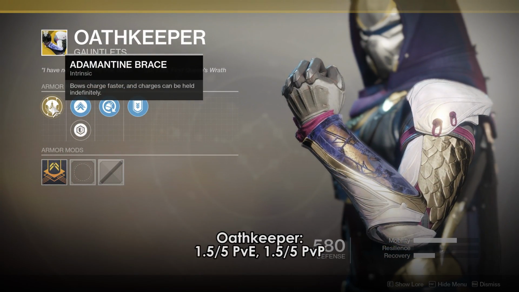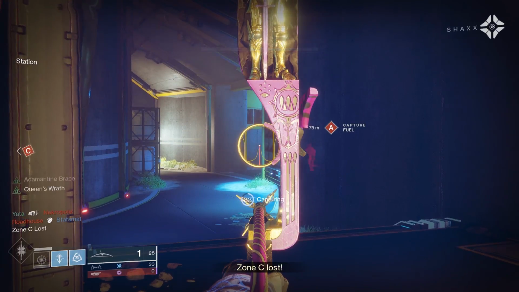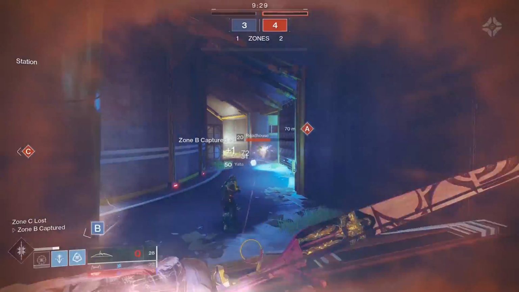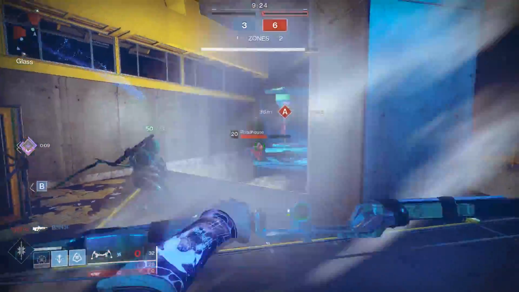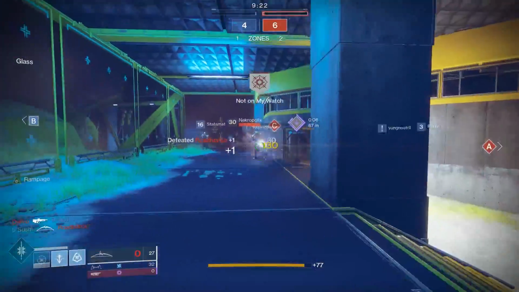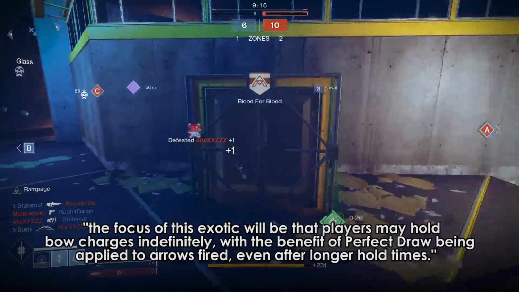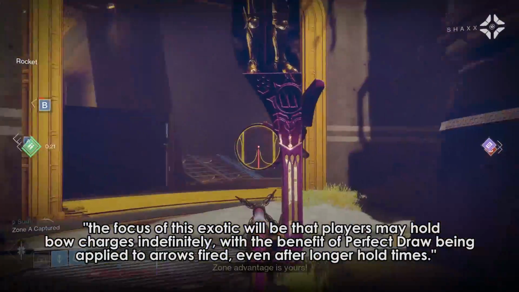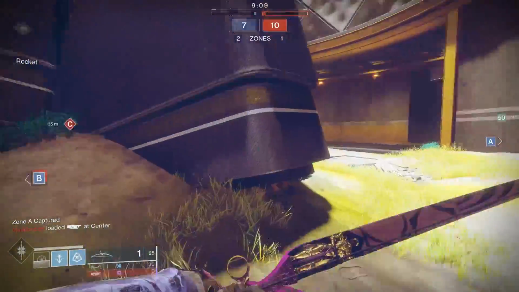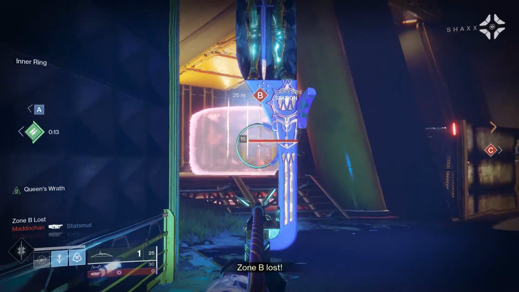Finally, Oathkeeper charges your bow faster and you can hold your bow charge indefinitely. Except that in a recent Reddit thread, it was noted that since players were not really feeling a huge difference in terms of the speed of the draw on a bow, Bungie will just be straight up removing that part of the exotic perk, and quote, the focus of this exotic will be that players may hold bow charges indefinitely with the benefit of perfect draw being applied to arrows fired even after longer hold times, end quote. So basically now you'll get that bonus damage from a perfect shot all the time with these gloves